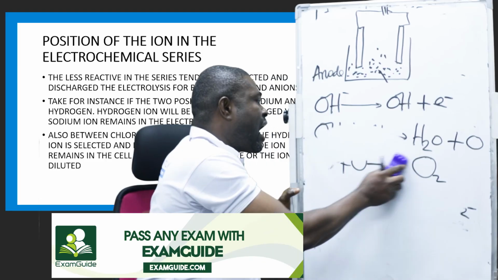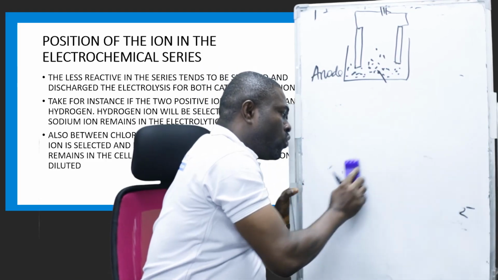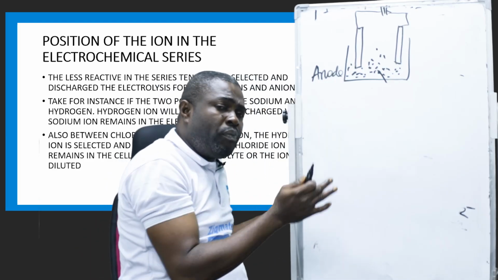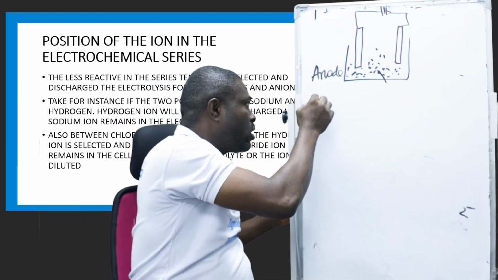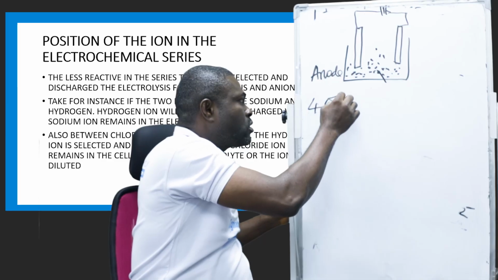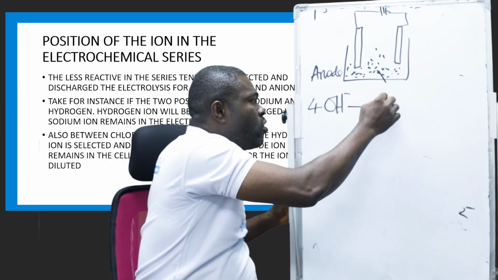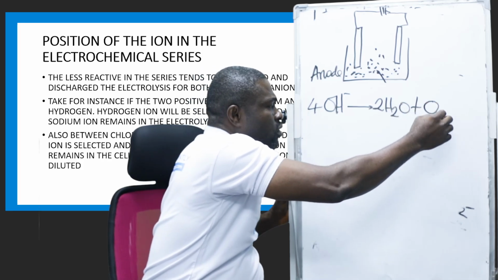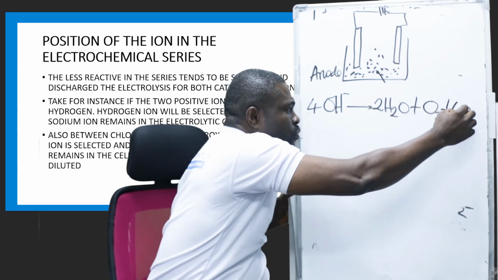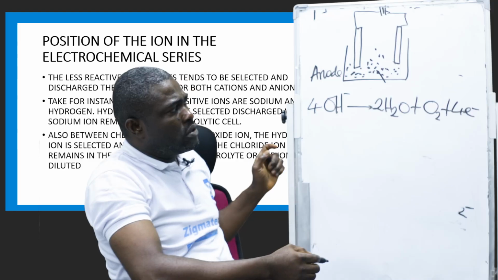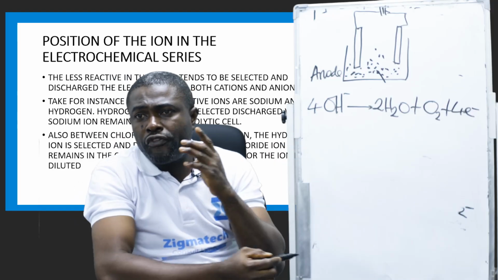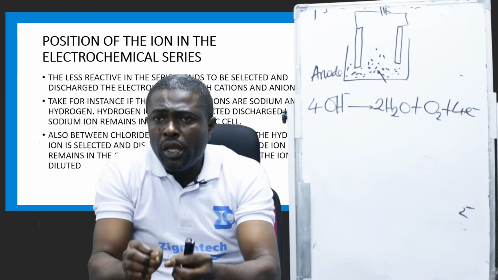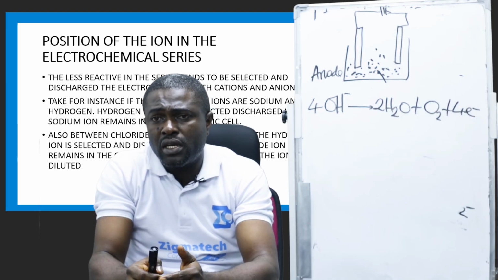I repeat, at the anode, whenever OH minus is discharged, the complete balanced redox equation is 4OH minus giving 2 moles of water plus 1 mole of oxygen molecule, then plus 4 electrons. Take note of this. So you can now see that the position of the ions in the electrochemical series has a